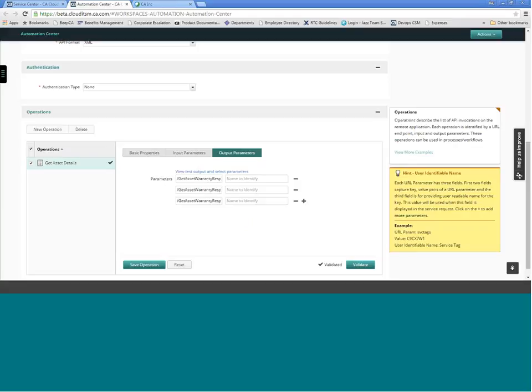You are just interested in these three parameters: end date, entitlement type, and service level description. You just need to provide user displayable names for these connectors. People cannot understand the complex XML path. So you just specify